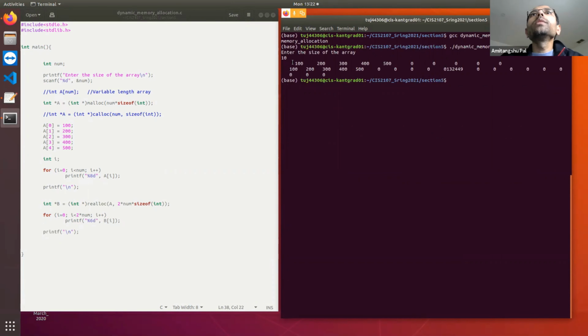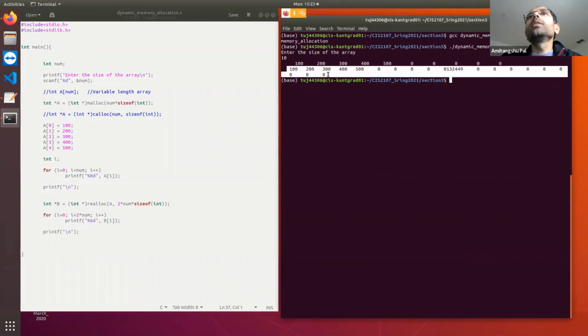You can see that the previous 10 elements are printed. Now I've allocated more memory, so now if I print it, 20 elements are printed.